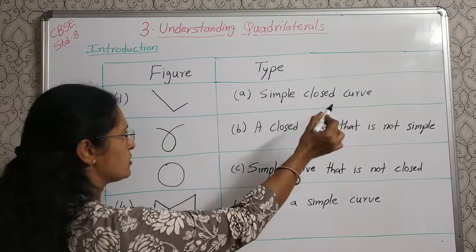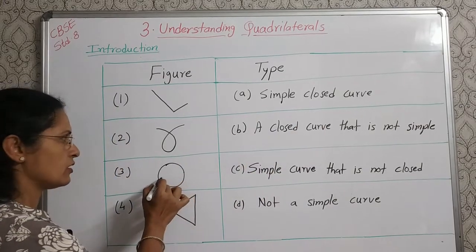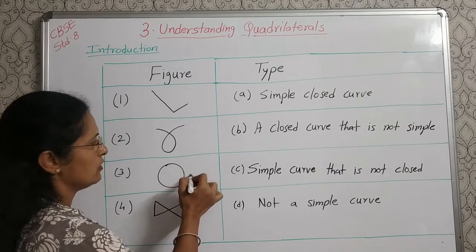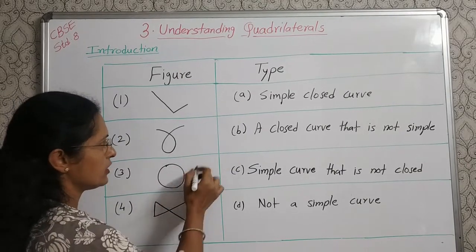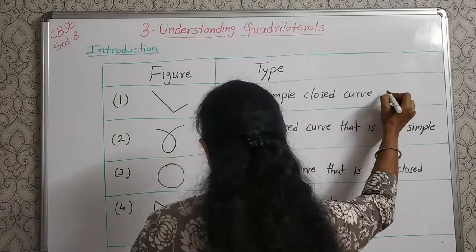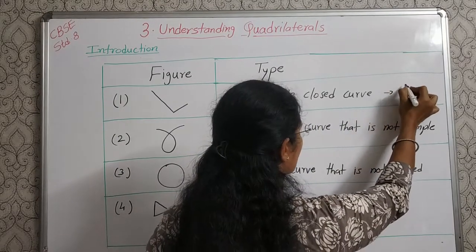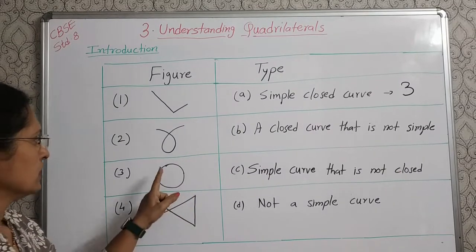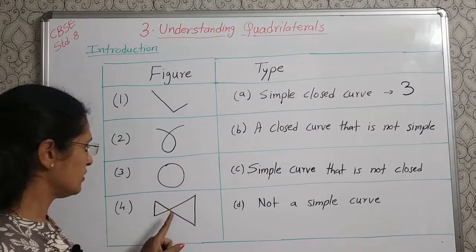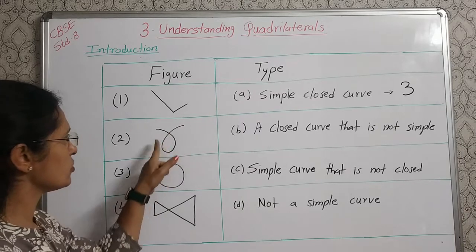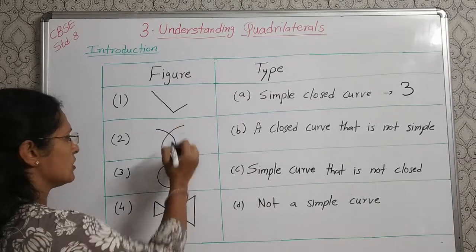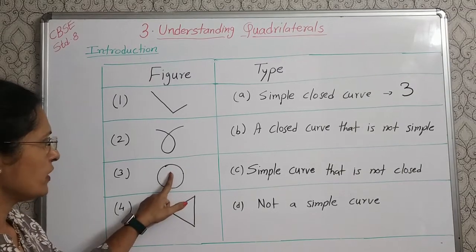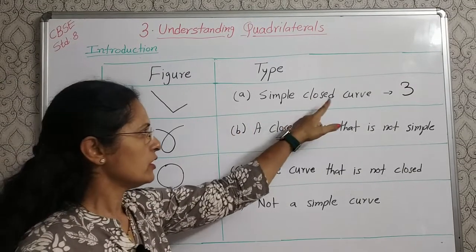So simple closed curve is this circle, that is number 3. So A and 3 will match. So we can write here A, or here we'll write figure number 3. Figure number 3 is a simple closed curve. Simple, it means nothing is overlapping here, like this. Here it is overlapping, here it is overlapping, like this. Cross is here. In this figure, nothing is overlapping, so it is a simple curve,